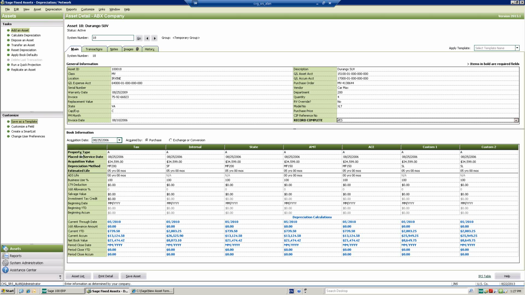So here we've got the property type, placed in service date, which doesn't have to be the same as the acquisition date, and depreciation will be calculated from the placed in service date. The acquisition value, the depreciation method that you want to use, and there's